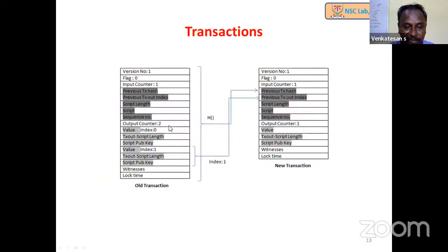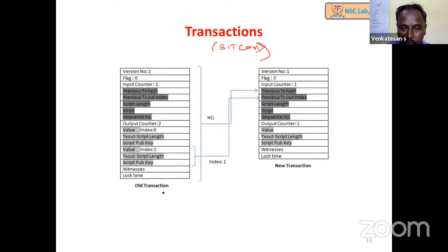So this is the transaction of Bitcoin. However, things keep on changing. There is a lot of work happening in the network. They are modifying it. This we took long back. So let's not consider this version flag, because this represents which version of Bitcoin we are using. Now it says input counter. So how many input transactions we are going to spend and how many new transactions are getting created.